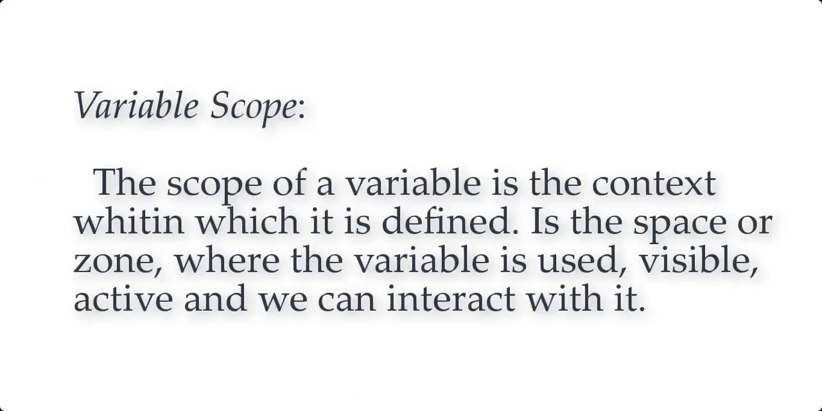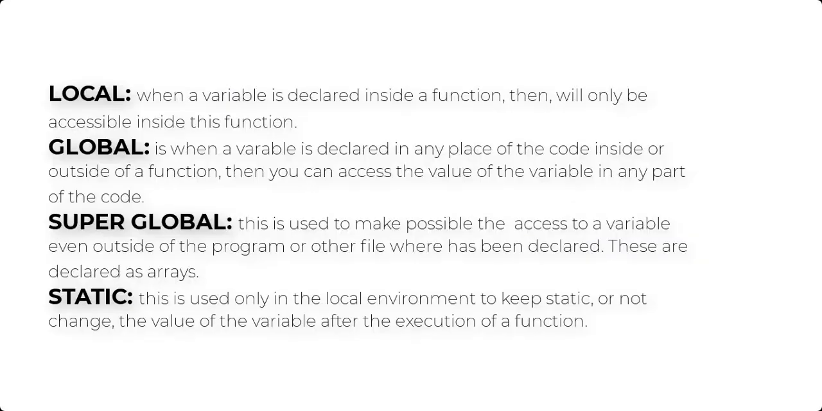The scope of a variable is the space or zone, or as PHP defines it, the context where the variable is used, visible, active, and we can interact with it and use the value it's storing. So any variable in PHP has a zone in which it can act, and that depends on where and how you declare it. There are 4 different scopes where a variable can be: local, global, super global,